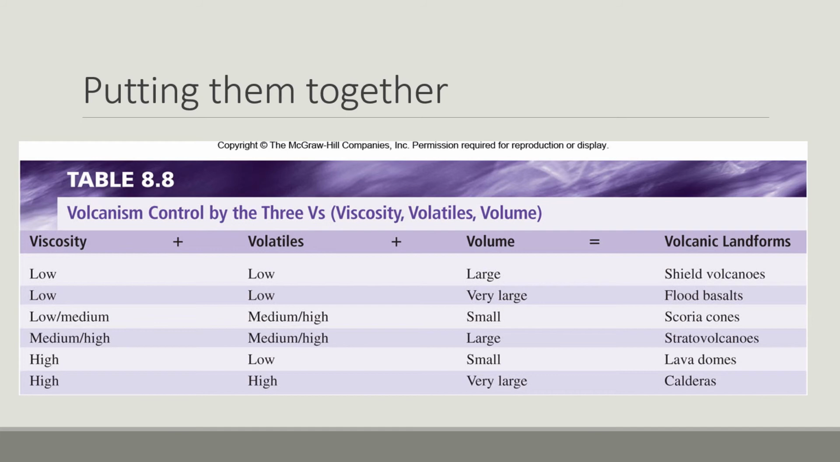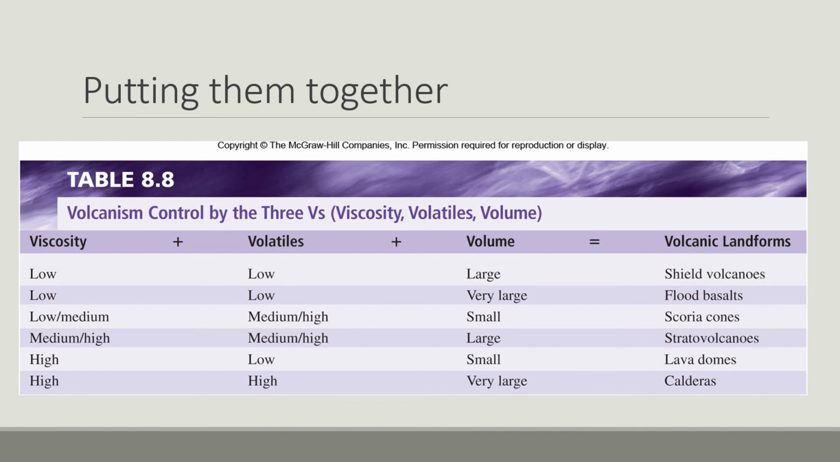If we have a medium to high viscosity, so we're getting into a thicker magma or lava, a larger amount of volatiles, so medium high, and a large volume, that's when we have our stratovolcanoes or composite volcanoes. And then the last two on this list are more landforms. So if we have a very slow-moving, thick magma, low amount of volatiles, so we don't have anything really pushing it or putting any explosiveness in that eruption, and a small amount of volume, we actually get lava